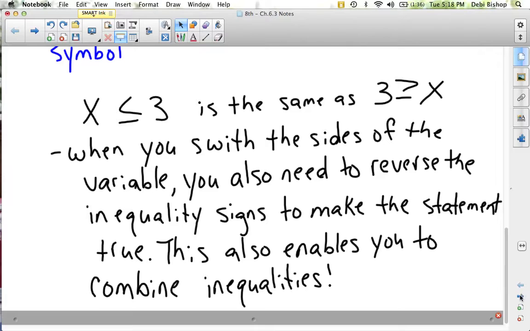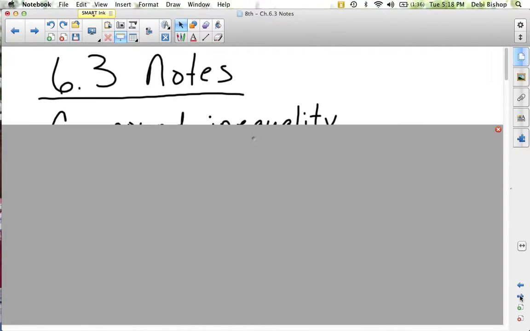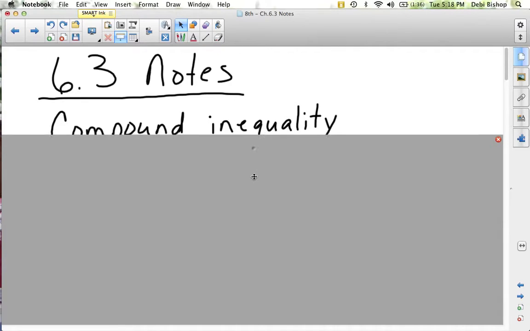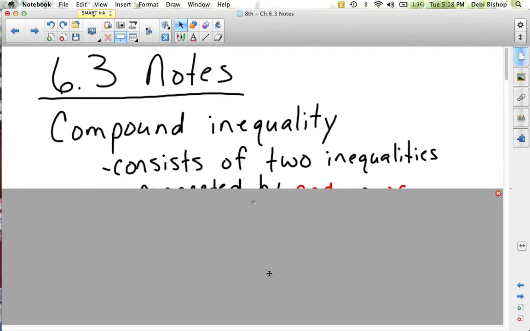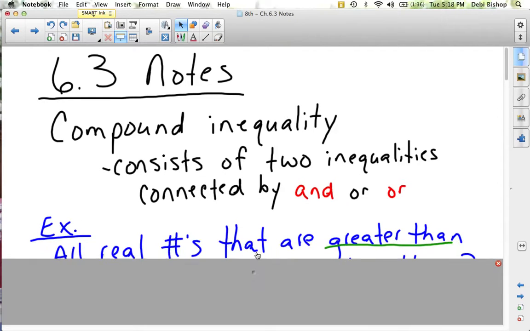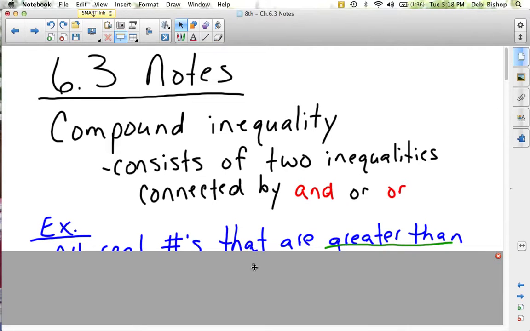So let's talk about combining inequalities. So here's our 6.3 notes. What does it mean when you combine inequalities? We call them compound inequalities. A compound inequality consists of two inequalities connected by the words and or the words or. For example,